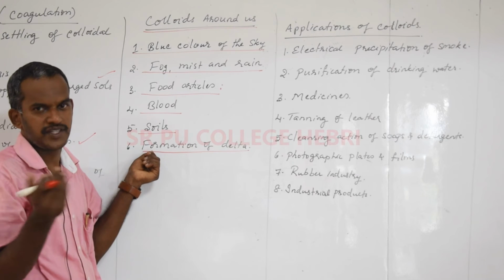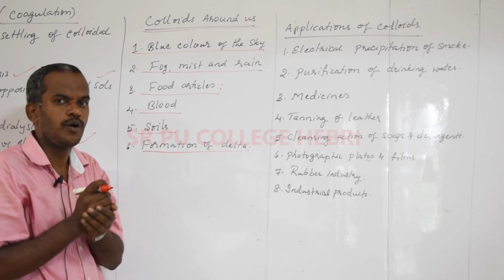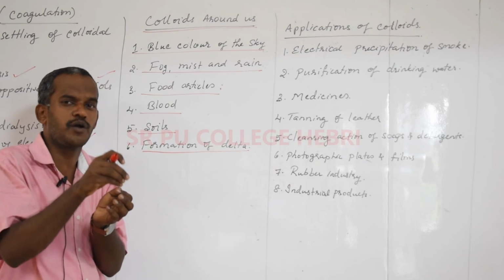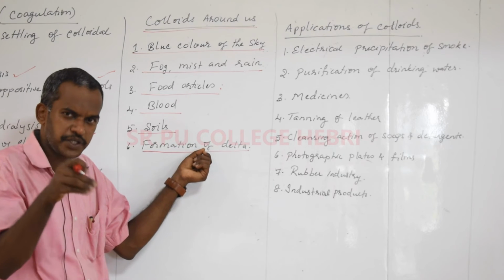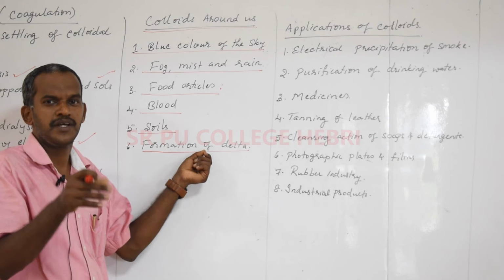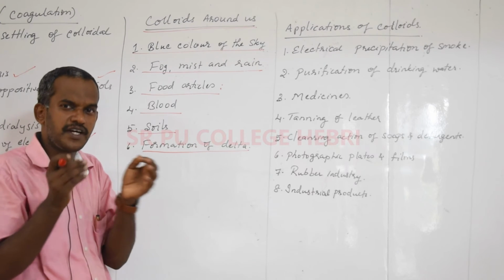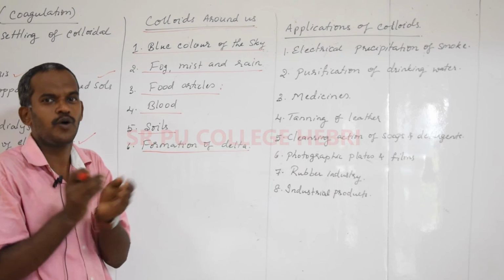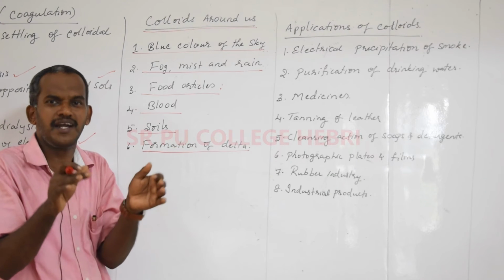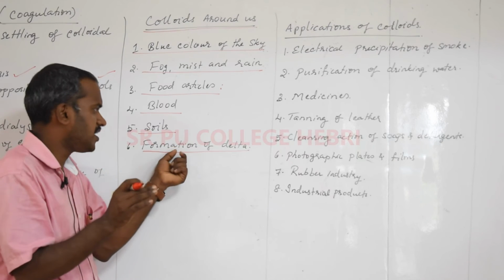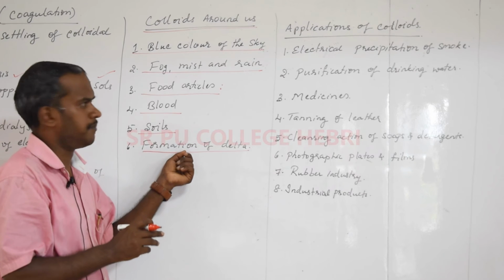There are mud particles in the colloidal size. The sea water contains dissolved salts or electrolytes. Just now I told you when you add an electrolyte to a colloid there is precipitation. So in the formation of a delta, at the junction where the river water mixes with the sea water, the river water contains mud particles of colloidal size, and the sea water contains dissolved salts which act as an electrolyte. When an electrolyte comes in contact with the colloid, there is a formation of a slimy mud layer, mud like a paste, and that is a delta region. So formation of a delta is also an example of a colloid around us, naturally happening.